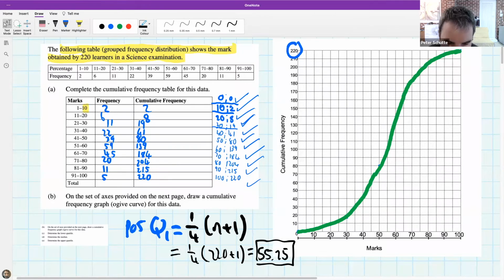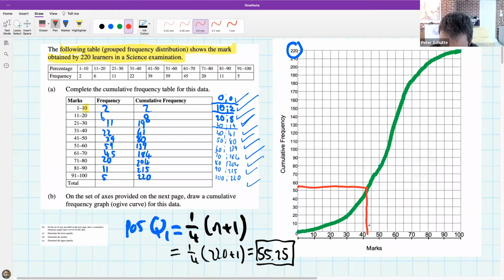Okay, so I'm assuming that everybody has had enough time, or almost enough time, to do the ogive. What we need to do is we take this 55.25 and we look at the cumulative frequency. So let's find position 55.25 approximately on the cumulative frequency axis, and see what that position gives us in terms of the number here. Now remember, these are marks. So the story is students who got different bands, like between 31 and 40 or 40 and 50. So if I look across at 55 and then I look down,